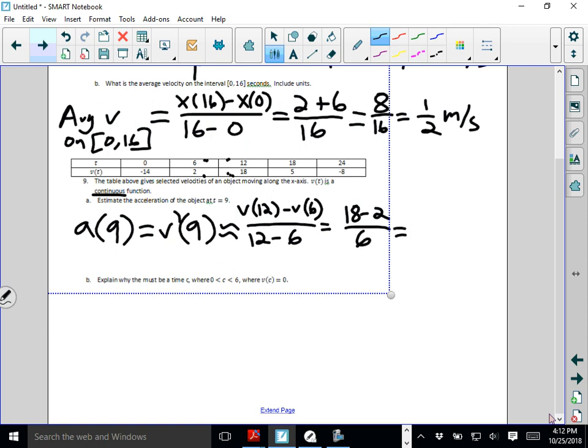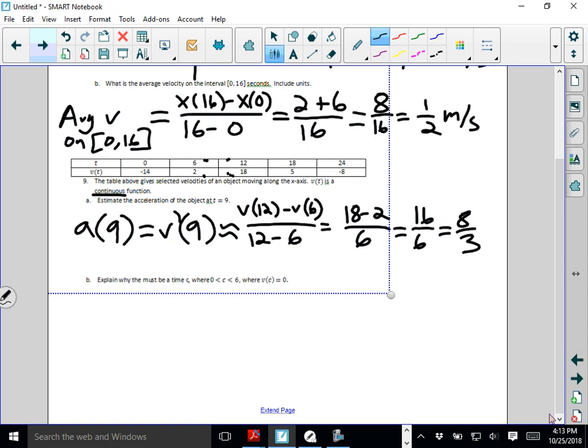16 over 6 reduces to 8/3. No unit needed here. If there were units in this problem, I'd want to make sure that it's an acceleration unit. So it'd be a distance divided by a time squared. Okay? Part B says, explain why there must be a time